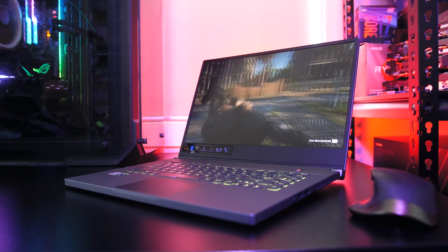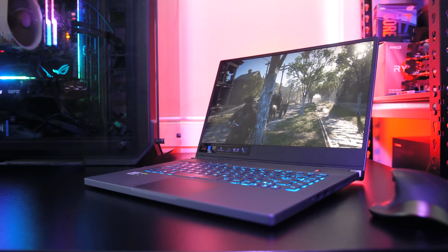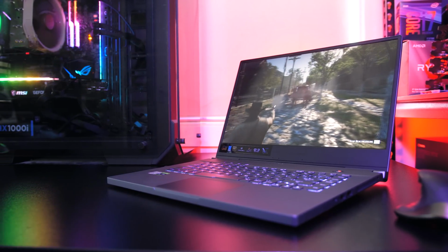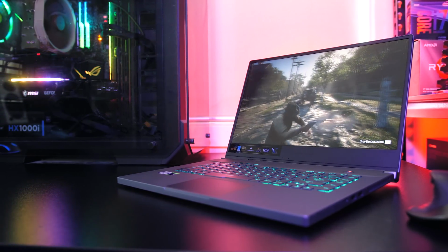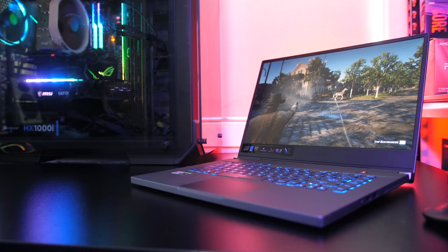Gaming performance with the Zephyrus M15 is looking great, probably in part due to the GPU overclock applied automatically in turbo and manual modes, but also due to the good CPU performance, which may be in part due to the liquid metal ASUS are using, but again I'll have more on that in the upcoming review video,